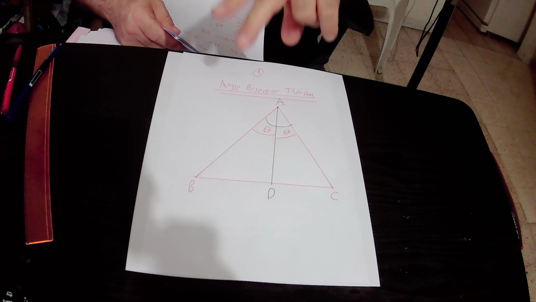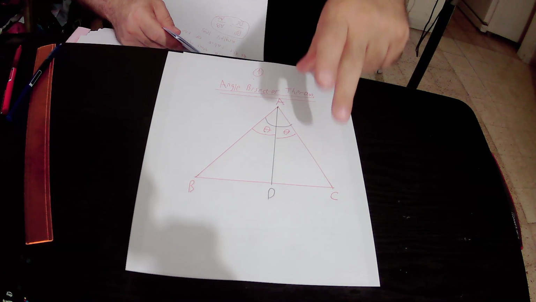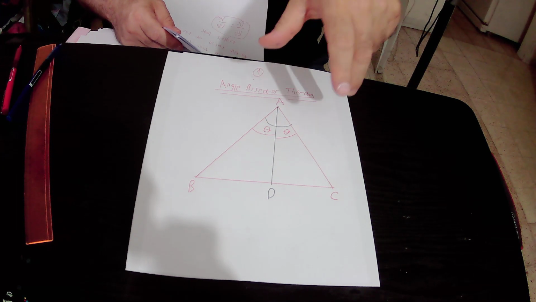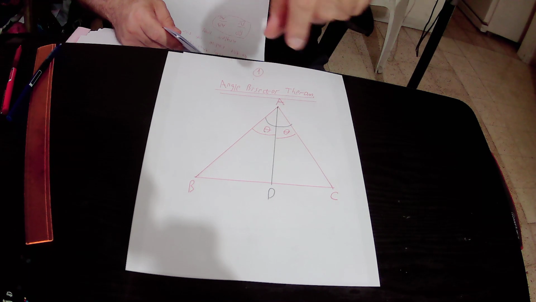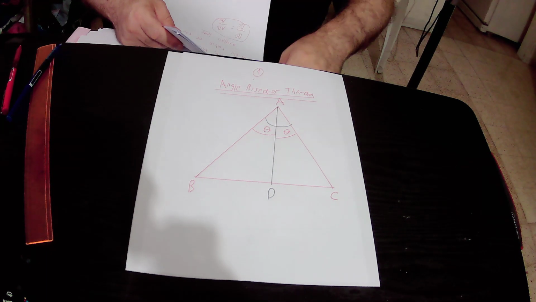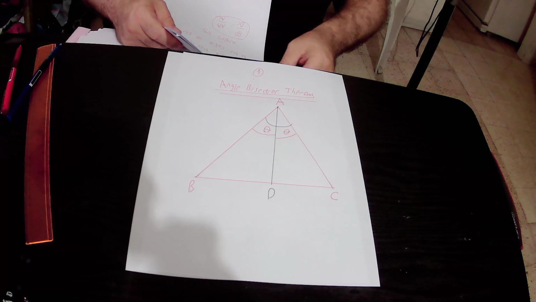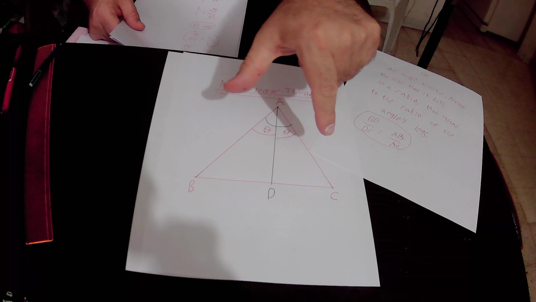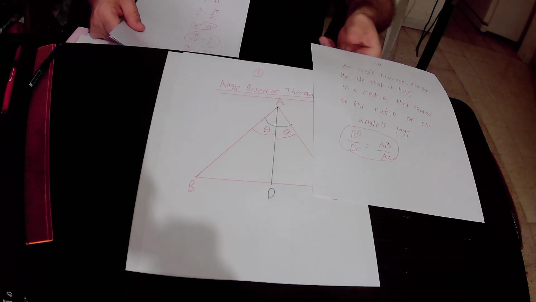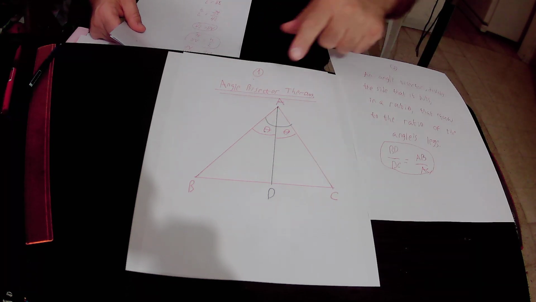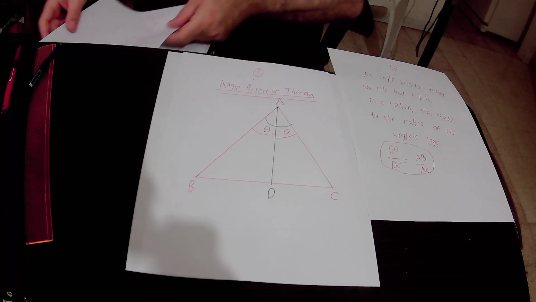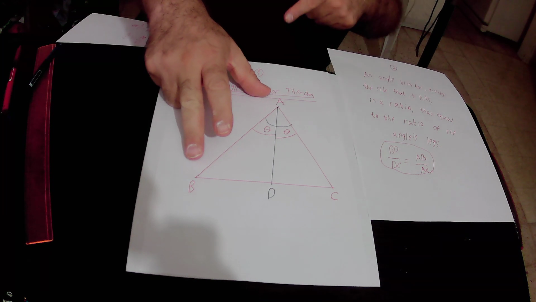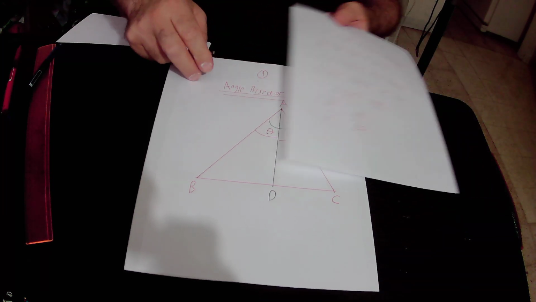So the ratio between the angle's legs, that is AB over AC, equals the ratio in which AD divides BC, and AD divides BC in a ratio of BD over DC. So the ratio that AD divides the side BC, that is to say BD over DC,